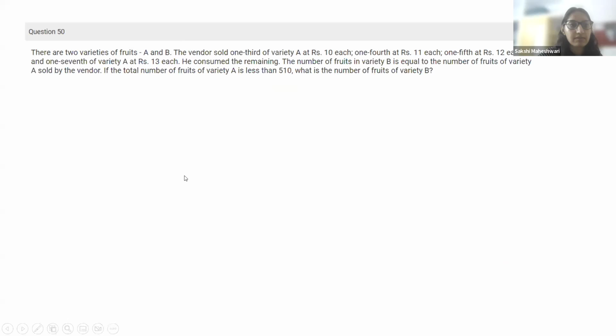Now let's move here. So there are two varieties of fruits, A and B. Vendor sold 1/3 of the variety at 10, 1/4 at 11, 1/5 at 12, and 1/7, and he consumed the remaining. So how many did he sell? 1/3 plus 1/4 plus 1/5 plus 1/7, and the rest he consumed. And the number of fruits in variety B